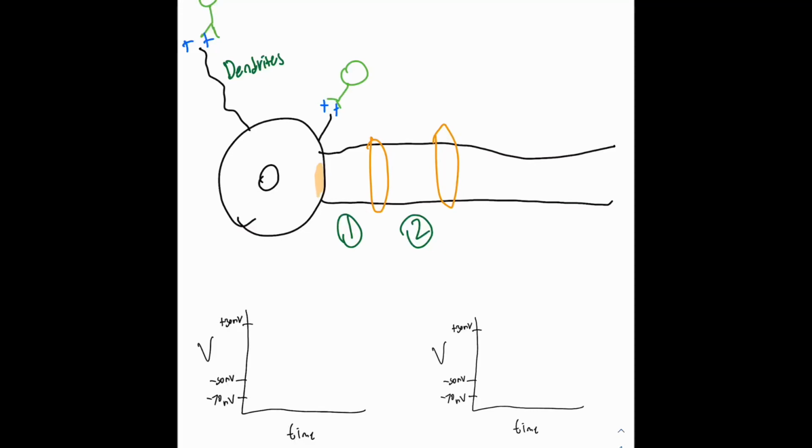Let's talk about refractory periods. Let's say this chart, this action potential chart, would correspond to this area. This one corresponds to this area. And let's say some current is able to enter from the dendrites and reach the axon hillock and able to reach the threshold. So we can expect to see from the resting membrane potential to the threshold and then peak